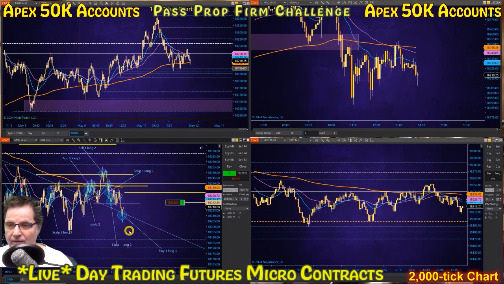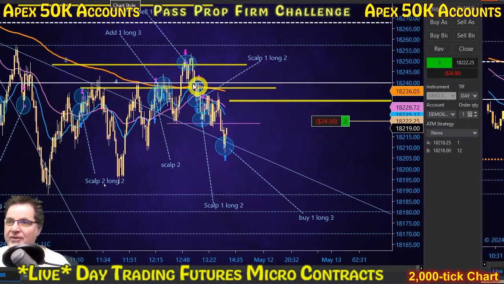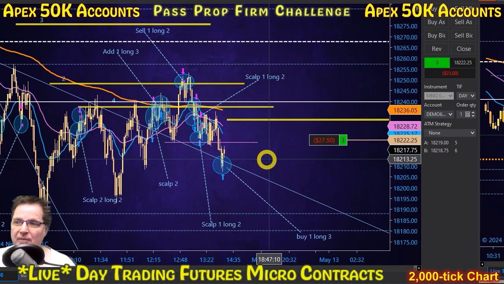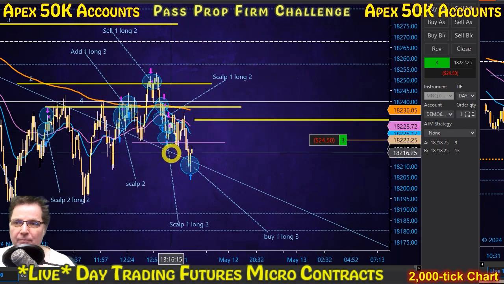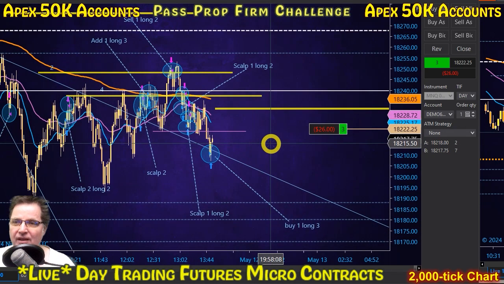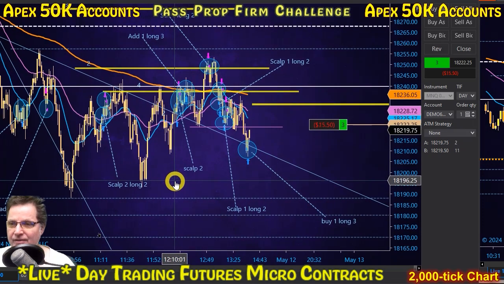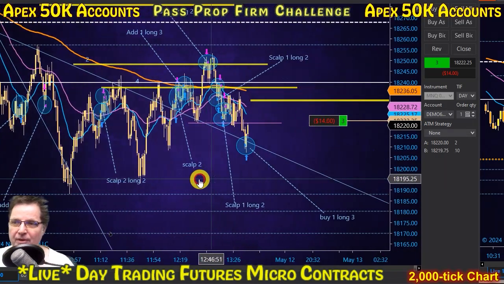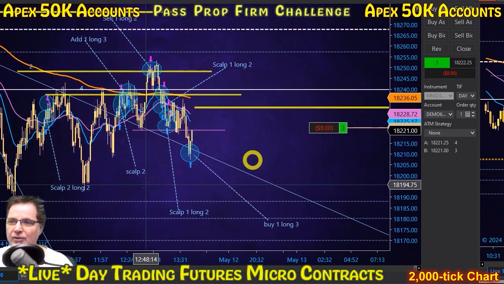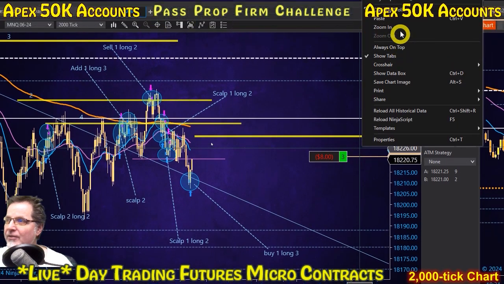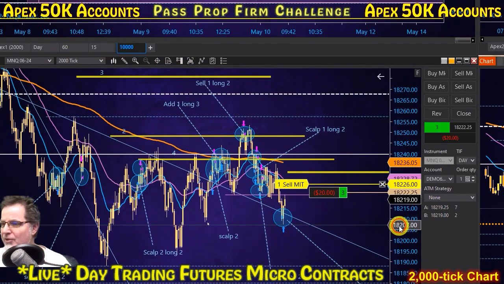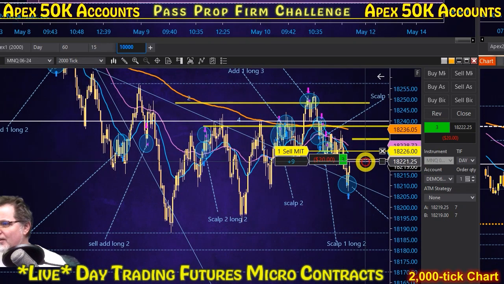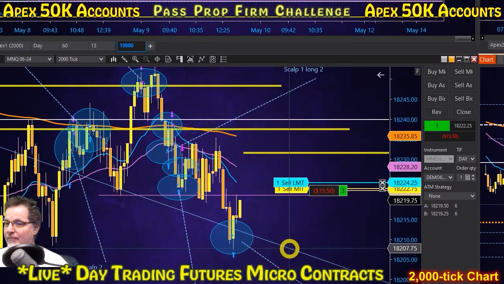It just shot way down here, and I've been scalping 1, 1, 1 three times, keeping my average price down here, but making 10, 15, 20 bucks at a time to kind of make some of that back, and hoping that this is really the low for the day, and if it goes lower, it won't happen until tomorrow or tonight. So I'm just taking whatever I can get here on these little pop-ups that it does in between while it's trying to make up its mind what it wants to do. Just get me something. Order submitted.